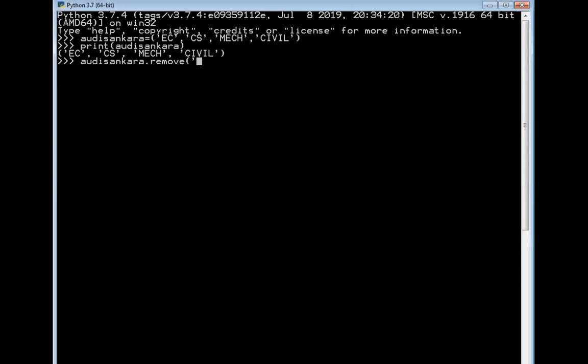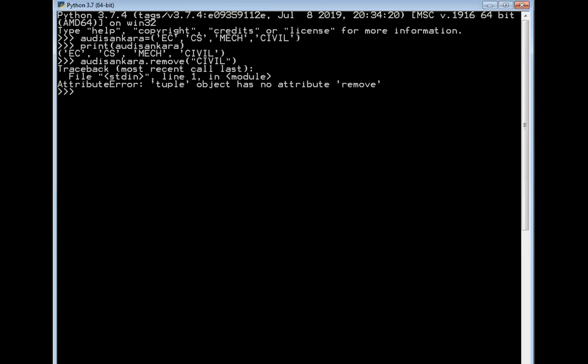Now when I use this remove method, the civil element or object will not be removed from the Adi Shankara tuple. Why? Because the tuple does not allow us to do any modifications.